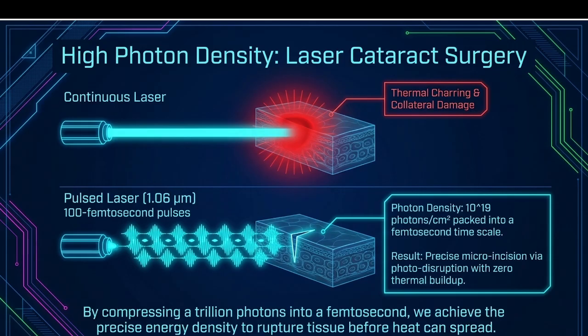It means that it is packed into a femtosecond time scale. In 100 femtoseconds, 10 to the power 19 photons will arrive per centimeter square area. So a huge pulse is coming at one time, like a bullet gun,